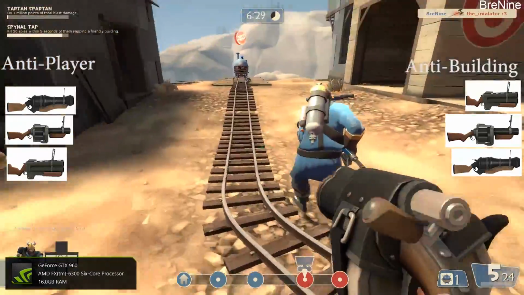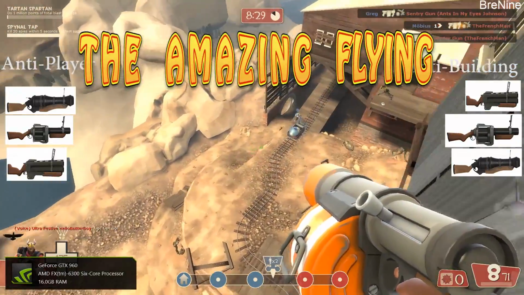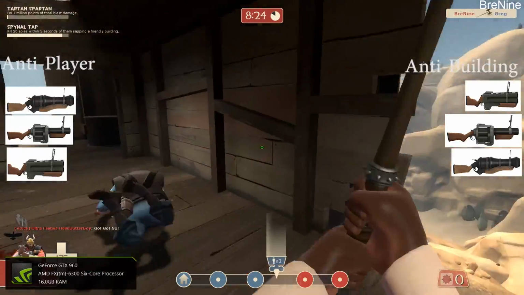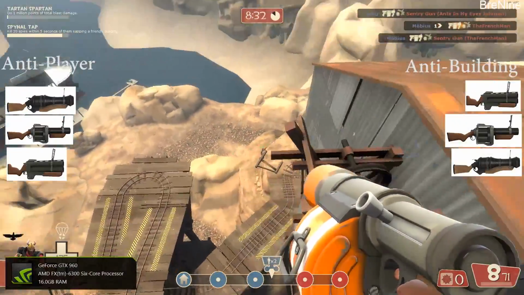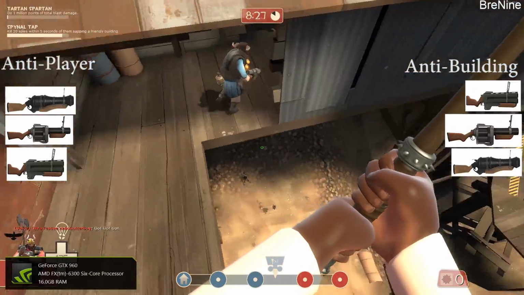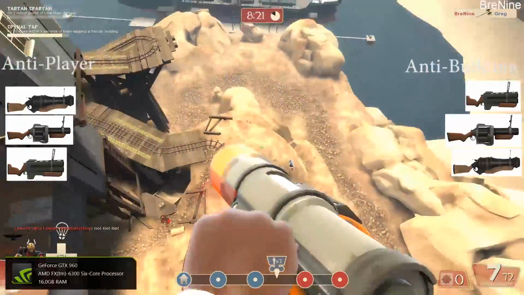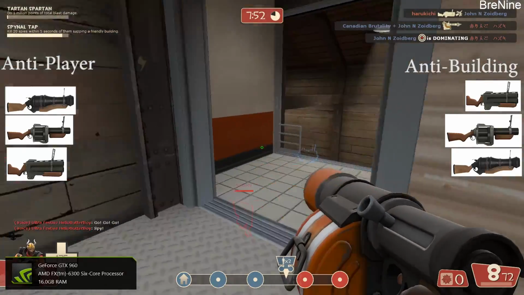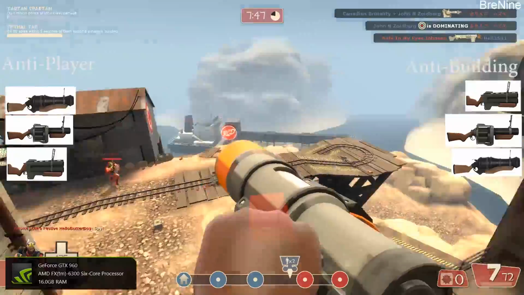Second, and far superior, is a style I like to call the amazing flying fucktard. This is when you take the base jumper, the sticky jumper, and the Scotsman's skull cutter, launch into the air, and then drop down right behind them like... Surprise, motherfucker! Why the skull cutter? Because the movement speed doesn't affect you in the air, so it basically gives you a free damage buff without slowing you down. It's also great for getting the drop on enemies who would never expect anyone to do something